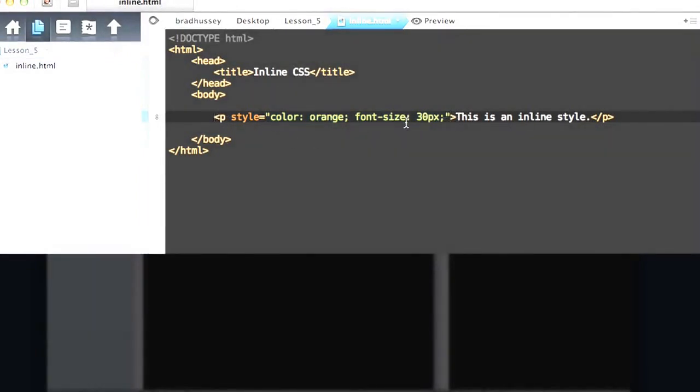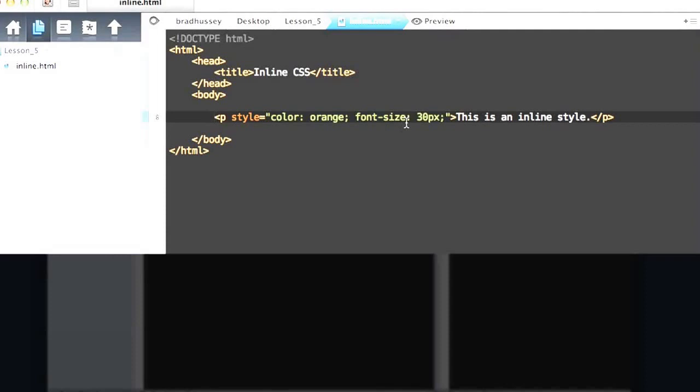But just a note, inline CSS isn't the best way to add CSS to your web pages. It's considered bad practice if this is the only way you add your CSS, because there are way more efficient and better ways, because HTML, as we know, is meant for meaning and content, not for the visual look of the website. And once you start incorporating your CSS right into your HTML file, then you start having a kind of a messy HTML file, and it doesn't have as much meaning as it did before, because you can add